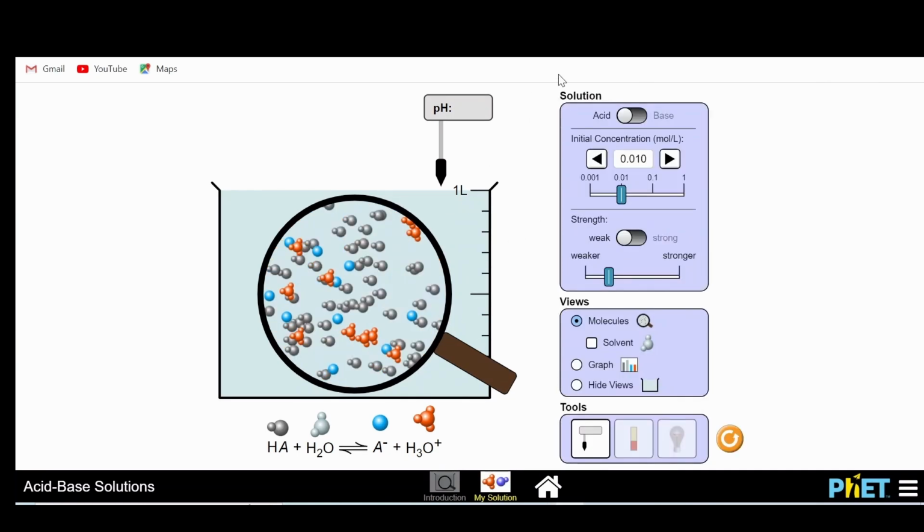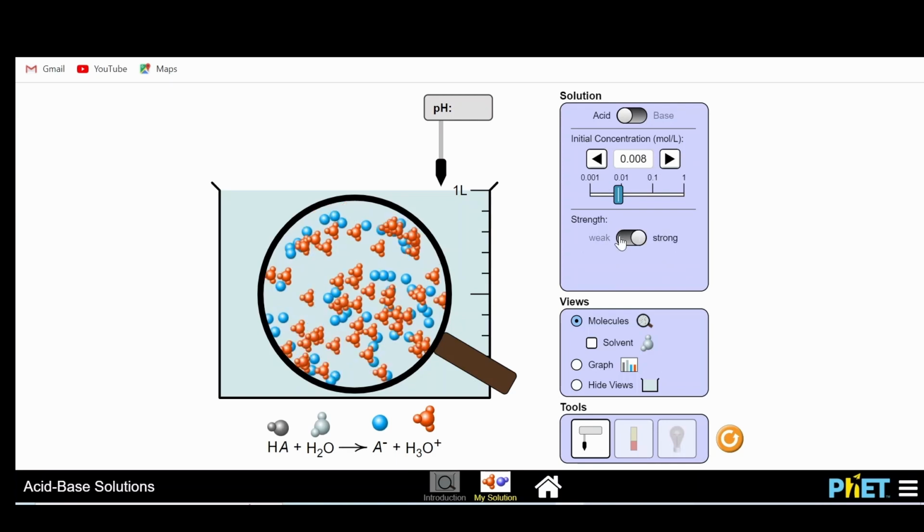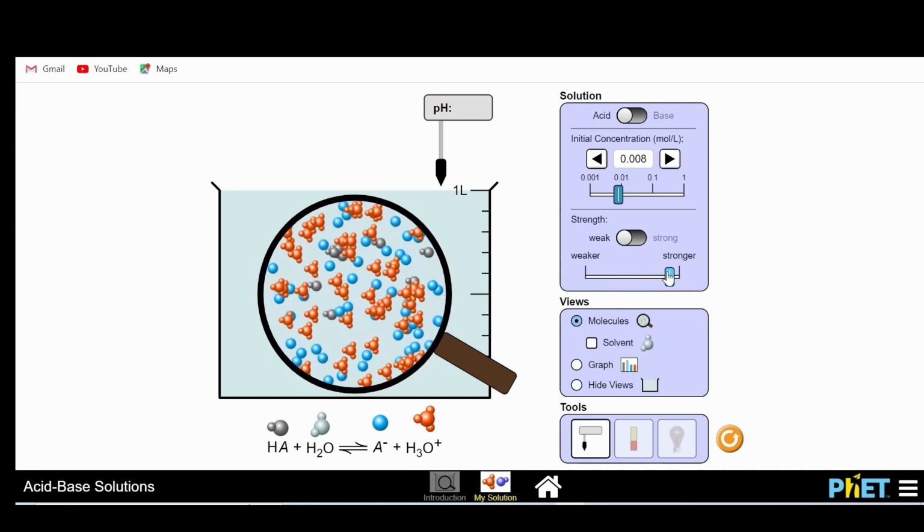At the top right of this page, now we have our solution. Firstly, the acid or base options. I leave it on acid. Then we can adjust the concentration of the solution. Then select the strength of the solution. Here you can select weak or strong, or also move the slider towards either side to make the solution weaker